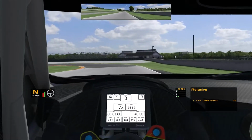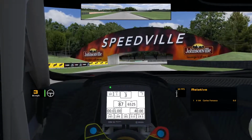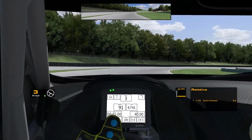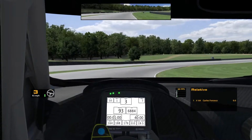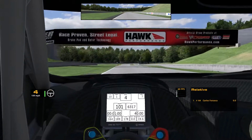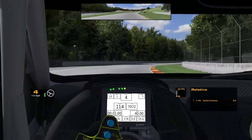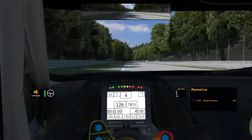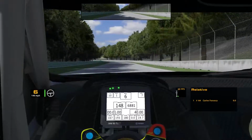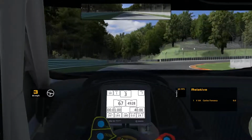Now, I'm not going to go into all the details of each real-world transmission. I'm just going off what I know or don't know, and I'll go from there. I have none of the driving aids on, so no auto shifting, no auto blip, none of that. Straight up driving. And even though I use buttons to do shifting, most of this can translate to a sequential stick or a full H-pattern deal. I don't know why you would use a full H-pattern on a car like this, but yeah,